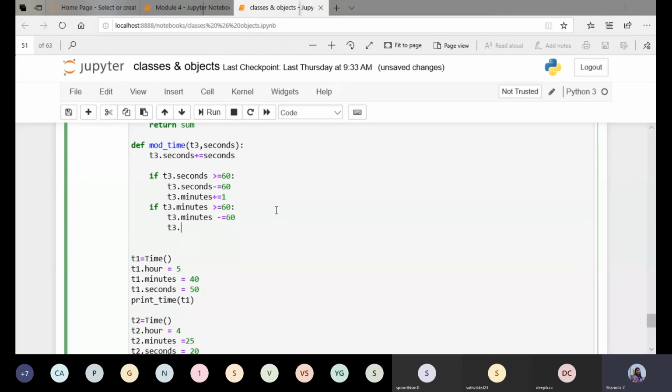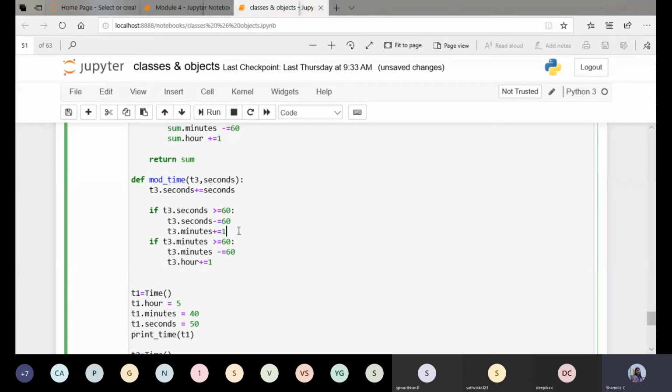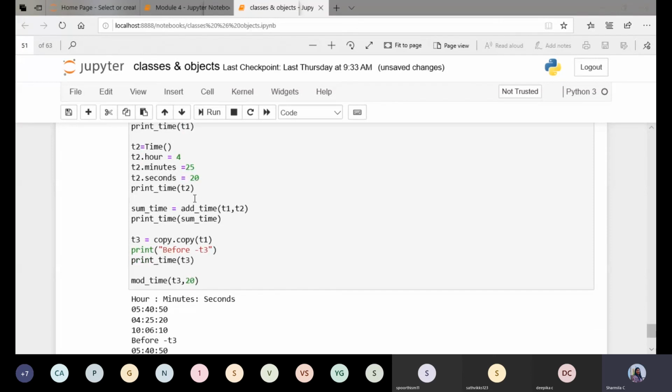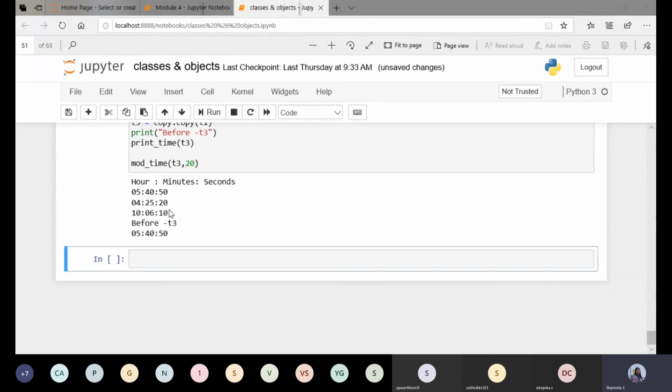Then t3 dot hour plus equals 1. Fine, so this is the operation we are supposed to do. Now I've done these two operations. Then just run this. You can see here before t3 it is 5, 40 and 50.